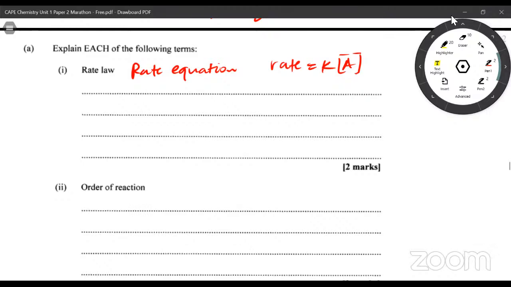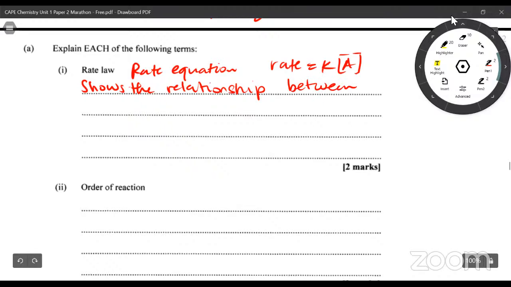So the rate law shows the relationship between the rate